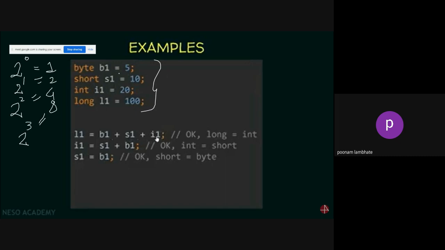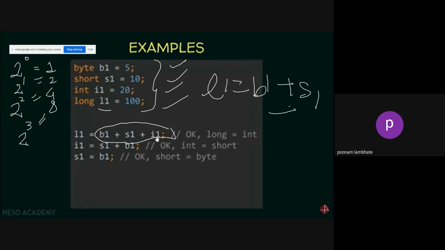Now, if I'm writing byte b1 equal to 5, I've declared and initialized variables on the same line. I have a byte variable, short, int, long, and they're storing 5, 10, 20, 100 respectively. Now I want to update the value of L1. I'll get that value by solving this expression: L1 = b1 + s1 + i1;